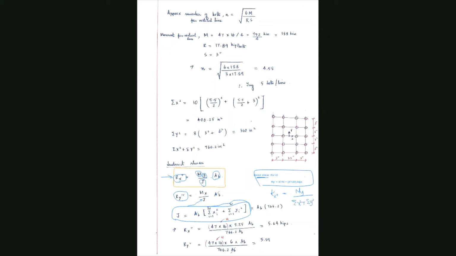Okay, so your J can be calculated as this one. We just calculated this here. You can plug in that value here, because AB is also times AB. You can keep AB, but AB will get cancelled off in the next step, so you don't have to separately find AB. Your Rx is calculated based on My over J times E. So what is M? M is 47 times 16, which is the moment, times